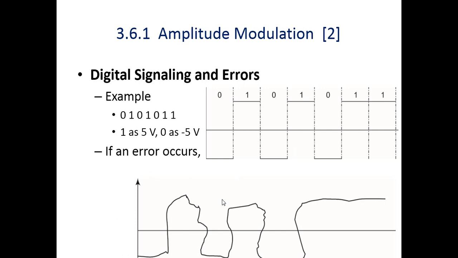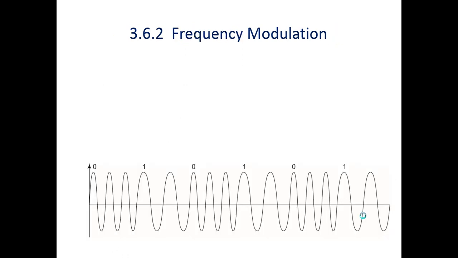It is easy to detect the error in digital signaling, because anyone can say that this one is the 0, this upper part is the 1, the lower part represents 0, the upper part represents 1, this one is the 0, and these are the first and second 1 1. So error detection and correction in digital signaling is easy.